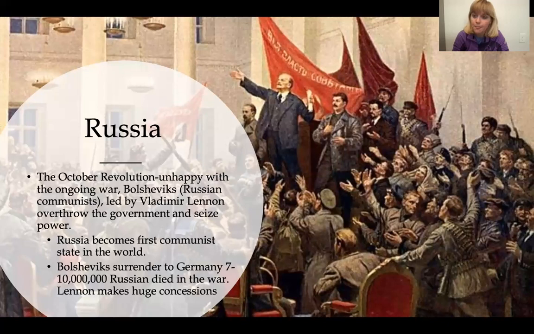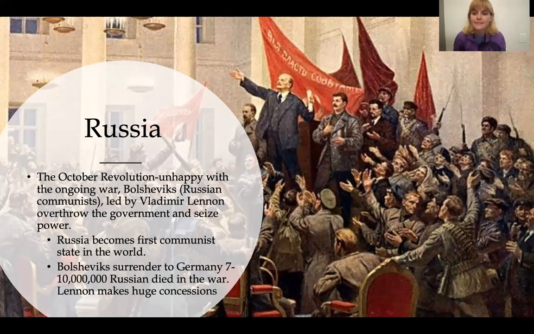So, funny story. Lenin was sitting in a coffee shop in Switzerland when a couple of German spies came up to him in 1917 and said, "Bro, you want to go back to Russia?" And he says, "Absolutely. I need to lead my people. I need to become this great communist utopia." So the Germans actually help get Lenin back into Russia. Okay? And very quickly, as he gets back into Russia, he helps to overthrow the government and fully seize power from this provisional government. Okay, so the Bolsheviks are able to completely overthrow this liberal provisional government.